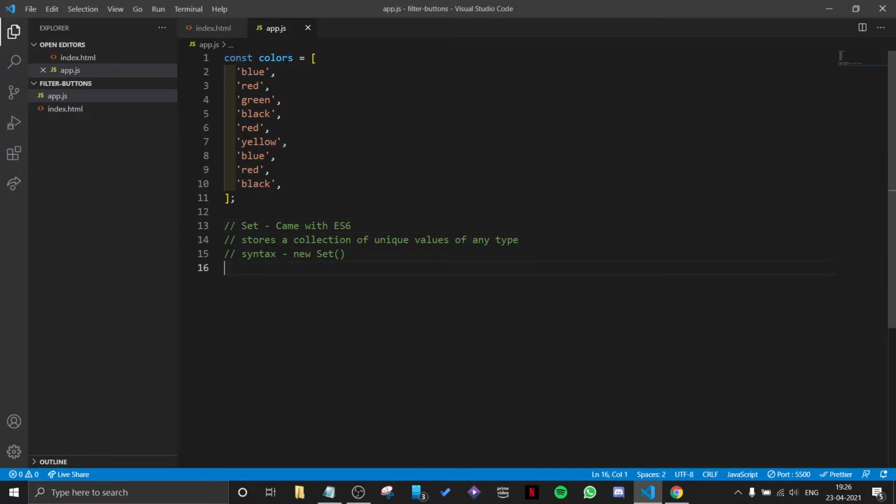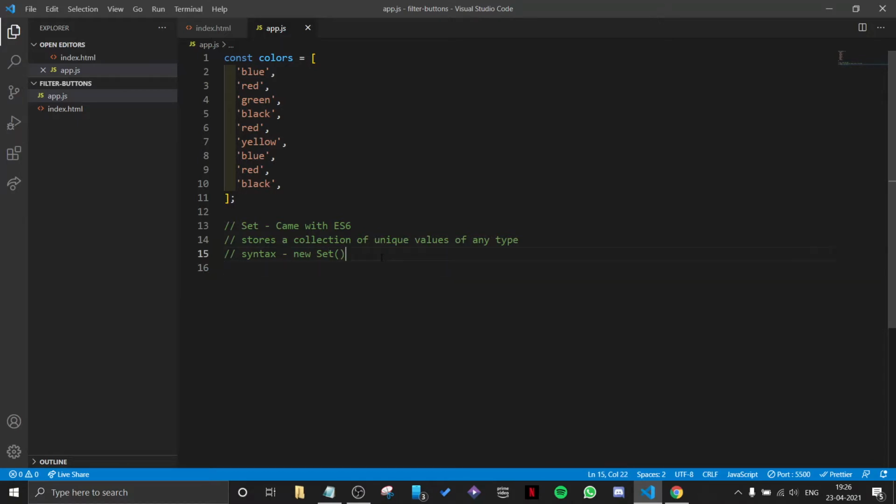What set does is it stores a collection of unique values of any type. By any type, it means we can also pass an object, an array, a whole loop, a function, basically whatever you want. The syntax to use set is this: we use the new keyword and call the Set constructor.